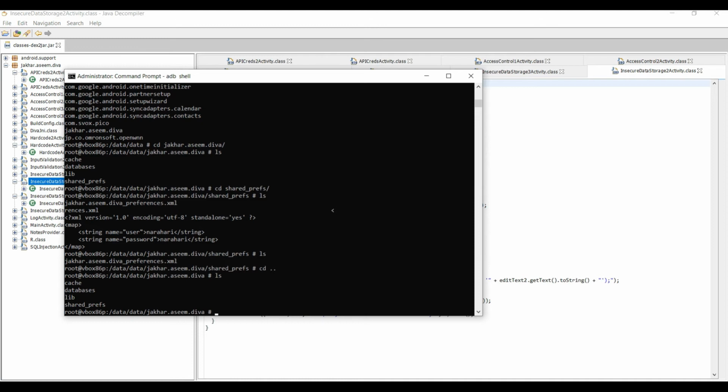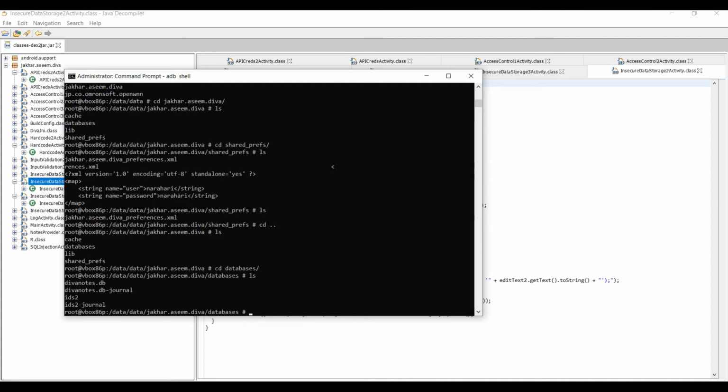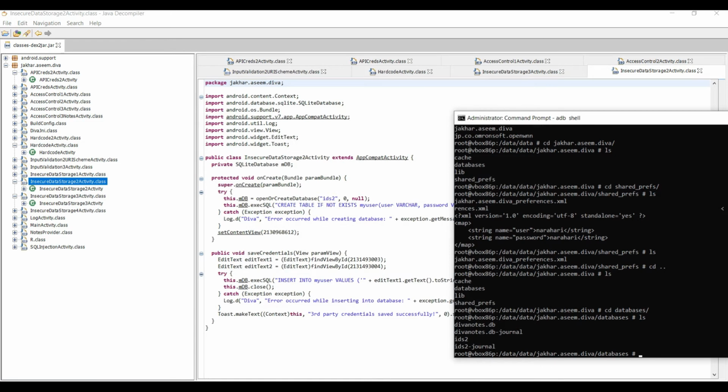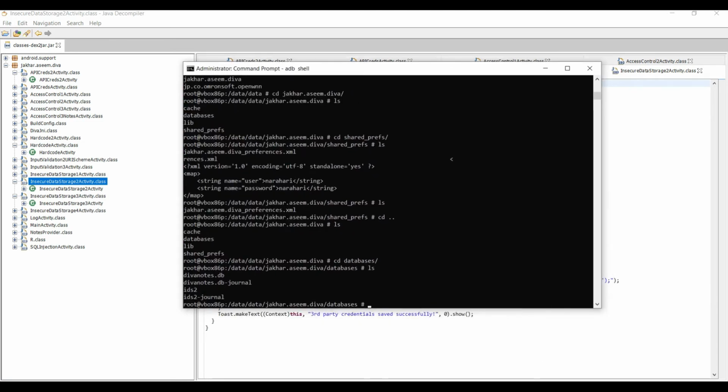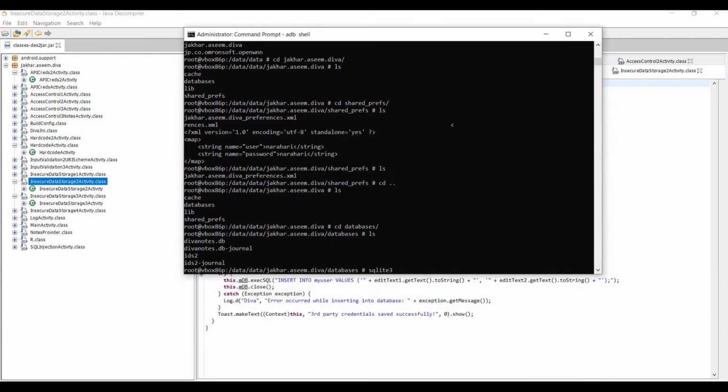Here we can see the database folder is already available, so get into the database. From the source code we can see they are using the database ids2. Inside this Android application, if you want to open it you can use sqlite3, and the name they have given was ids2.